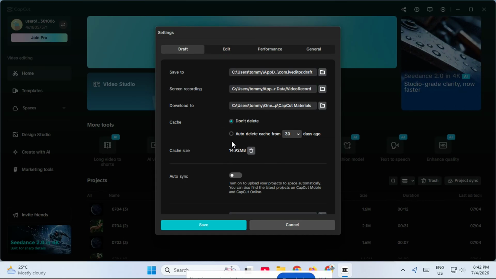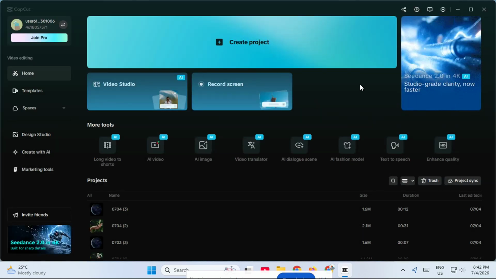And that's it. You've now learned how to delete documents and data on CapCut by clearing the cache through Settings